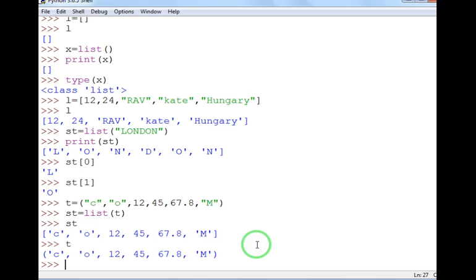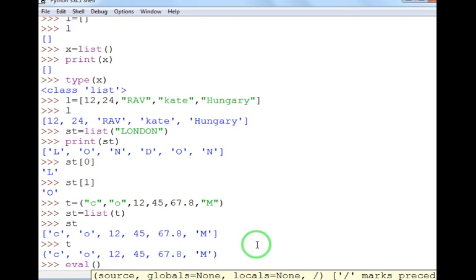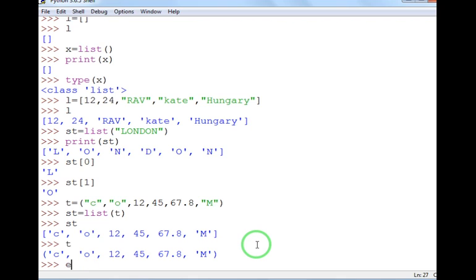Next I will be telling you the use of the eval function. So what is the use of the eval function? Now, suppose you want to enter a list of integers through the keyboard. You want to enter the numbers with the help of the keyboard. For that we will be using the eval method, or the eval function. So to enter a list of integers through the keyboard, we can use the method called eval.